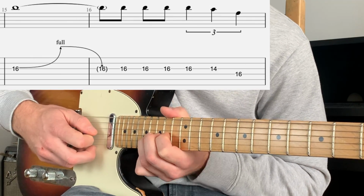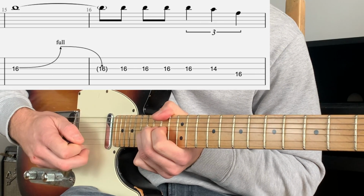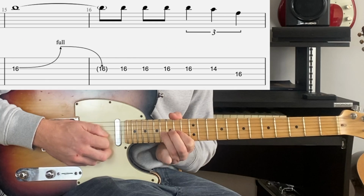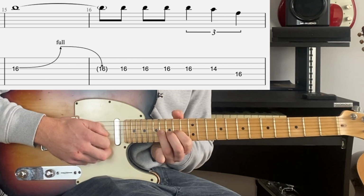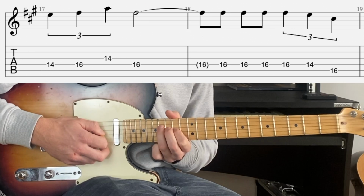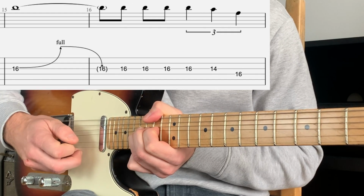I'm going to bend up 16 slowly, whole bend, and release down. Hit 16 3 times, and then on the 4th time, walk down 16, 14 on the G, 16 on the D. Then 14, 16 on the D, 14 on the G, 16 on the D. Okay, so